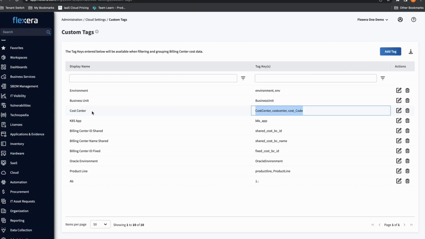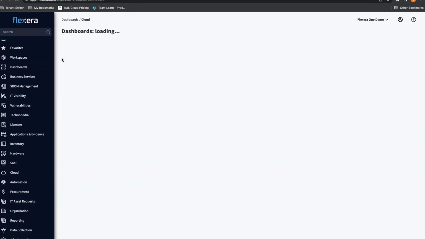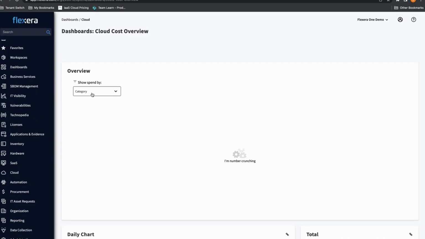Okay, so what Flexera will do is take the keys here, but it will only show the display name in the UI, and you can group together multiple keys. How that manifests itself is in our drop-down list, right? So anywhere you go to pick a dimension to categorize your spend, whether that's in charts that we have here,